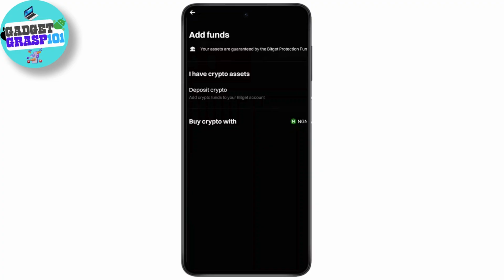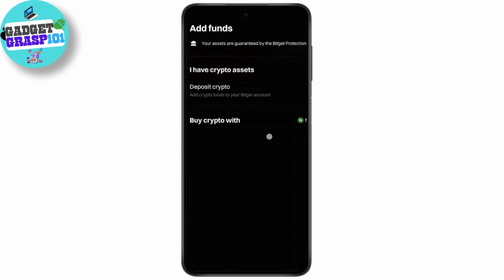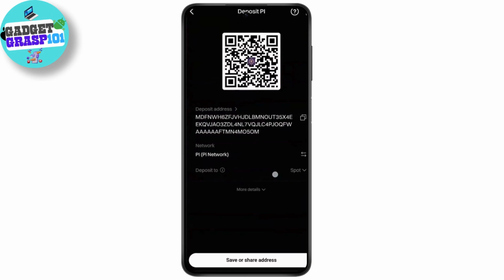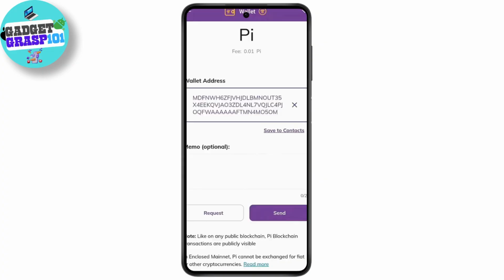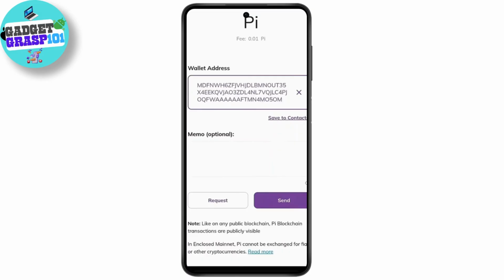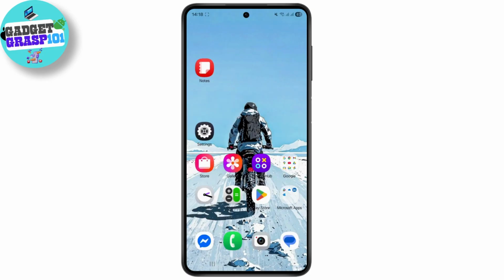So just open the funds or click on add funds inside your Bitget application and just click on deposit crypto, and you can search for Pi and simply copy the deposit address from over here, and again open your Pi wallet and just paste the address that you just copied, and you can simply click on send. And just like that, you have successfully sent PiCoin to